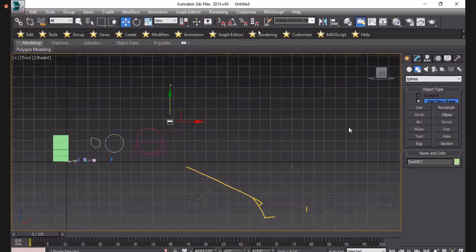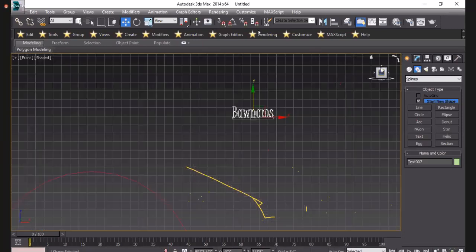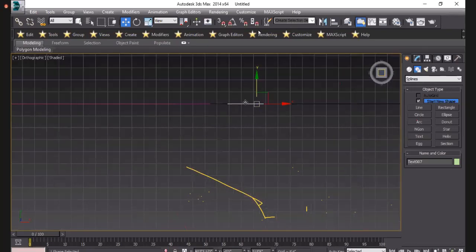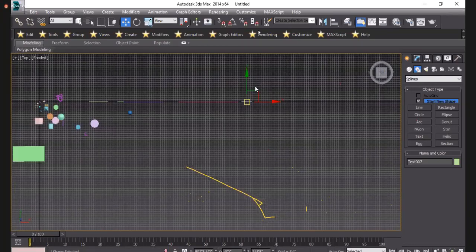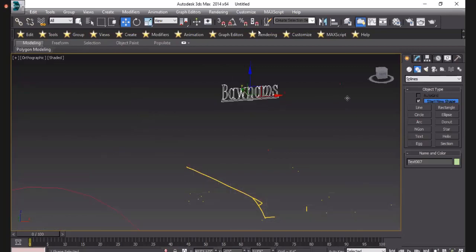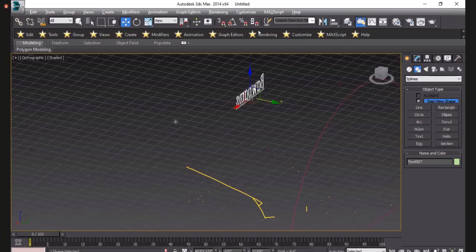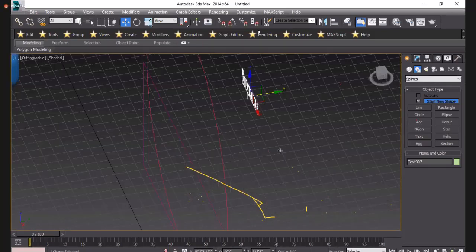This works in the front view. At the top, what we can see here, yeah, like that. You can rotate it also, move it also.